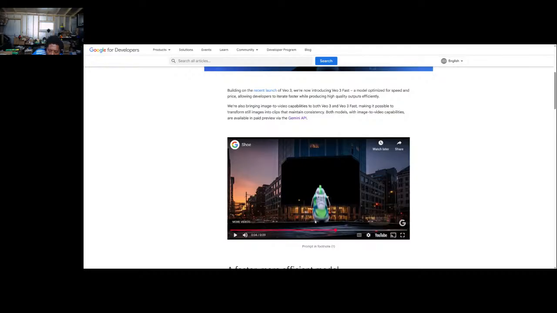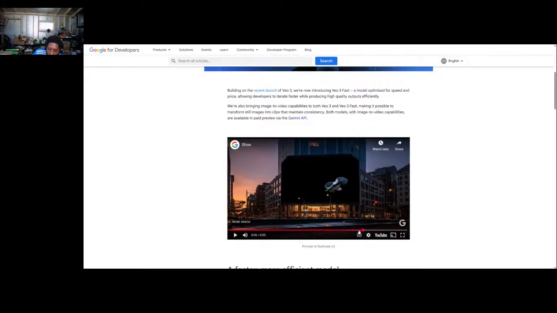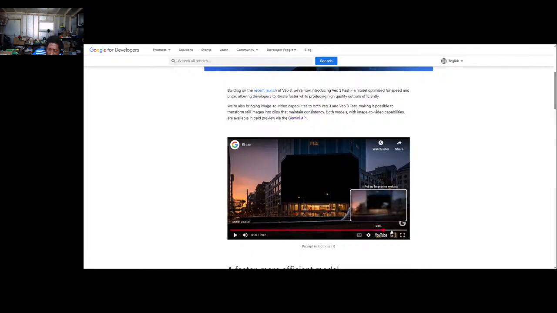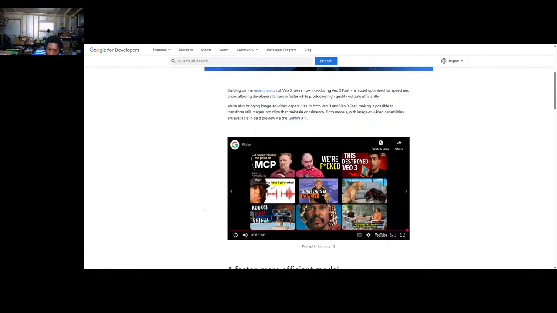So I'm not sure how that works. It's weird. And then the shoe jumps off, right? And then it jumps up and it turns into a person that runs away off the top of the building.